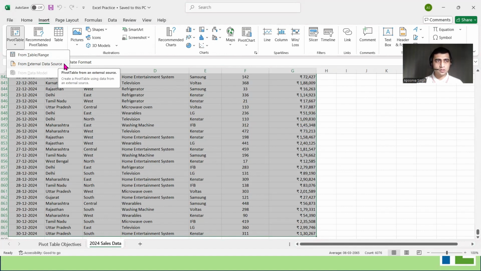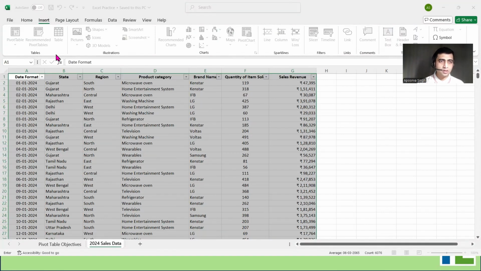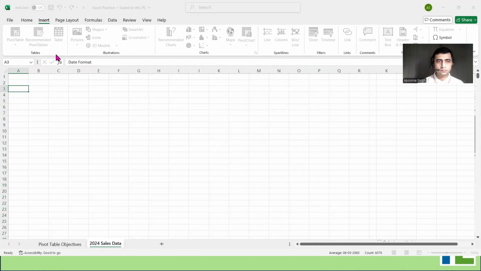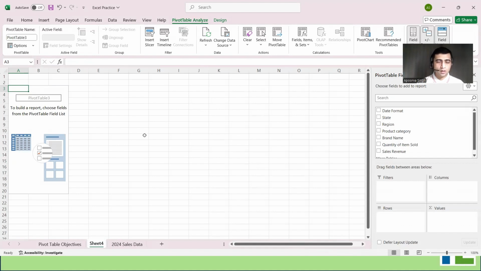For this demonstration, we are going to use table and range only because our data is within the same sheet where we are creating the pivot tables. For this demonstration purpose, I am going to select new worksheet. As soon as I clicked OK, you would observe that a new sheet has got created and it is automatically